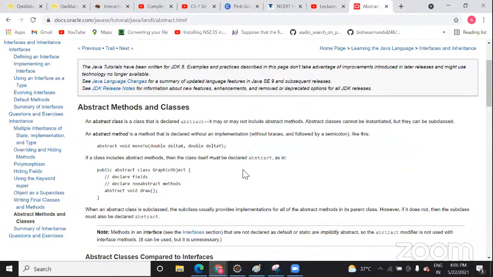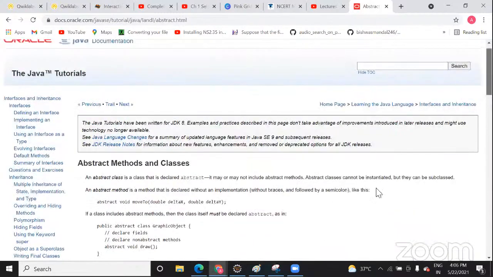Hope you are clear with all the codes that I've shared with you regarding interface and inheritance. Yes, but I have some questions. Okay, so do you want to ask first or shall I start this abstract? We can do one thing. First, I will clear your doubt, then we can start this abstract.